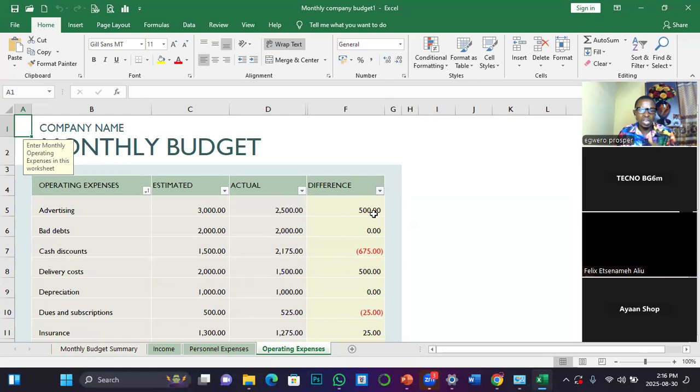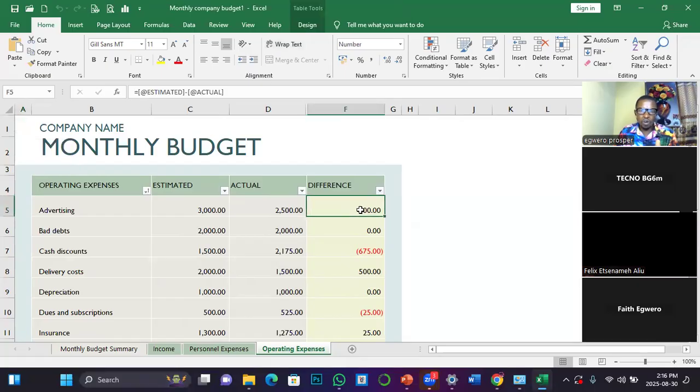Differences is going to be actually the subtraction of, this is actual, this is estimated. So when you subtract this from this will give you what? This. If you want to see the formula structure, how Excel computed it, you can see it here. So this is how it selected this column and then subtracted it from what you have in this column.